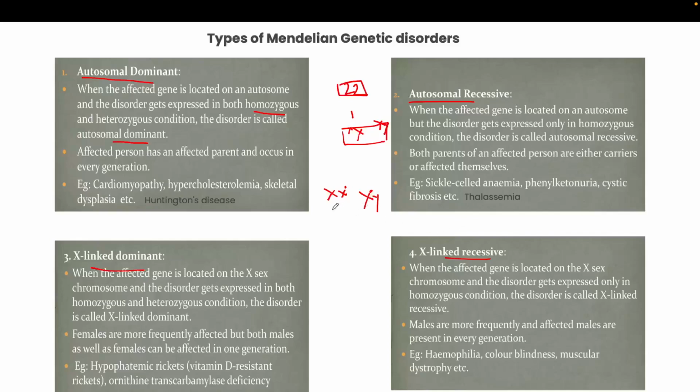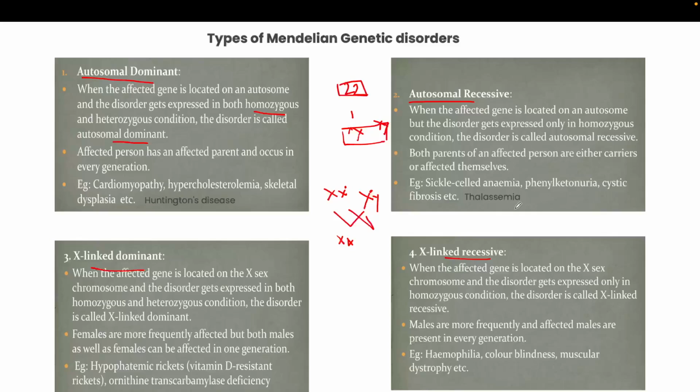In that case, when the cross occurs, in this scenario 25% of the offspring will be affected. So for a recessive disorder to occur in the offspring, the parent should either be an affected parent or a carrier parent. So that is the autosomal recessive, and the examples are sickle cell anemia, phenylketonuria, cystic fibrosis,